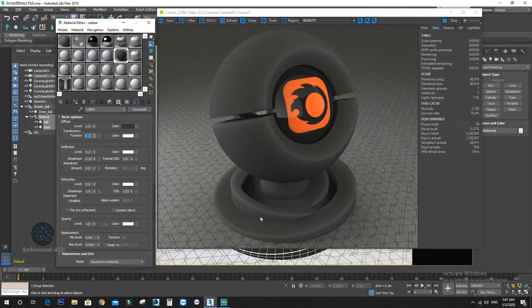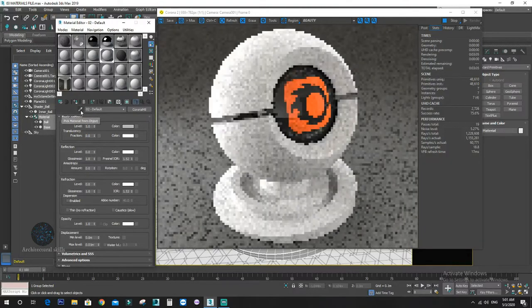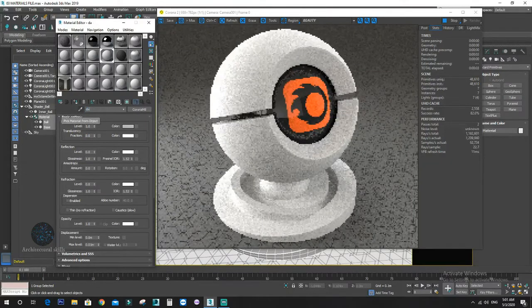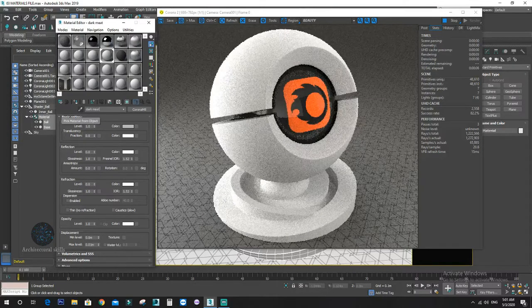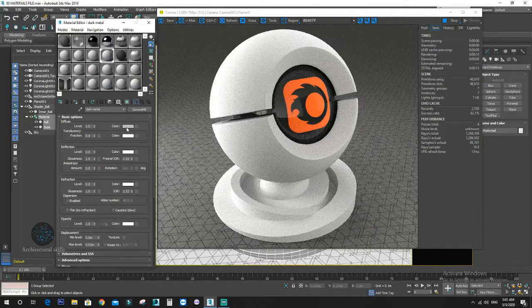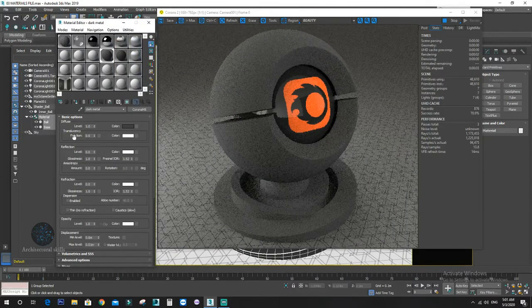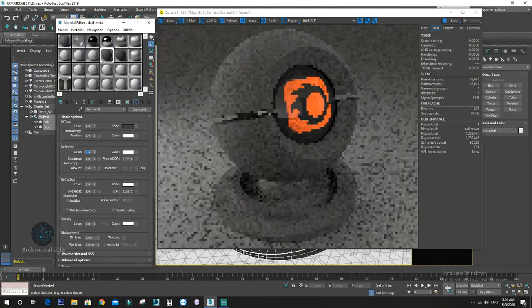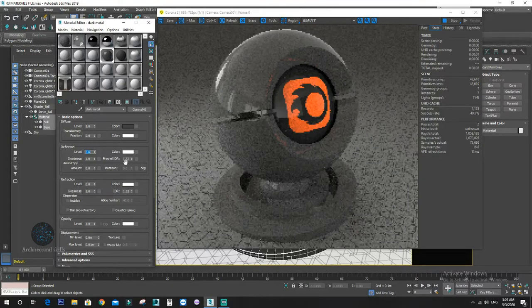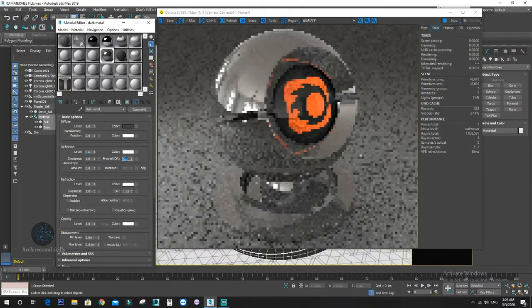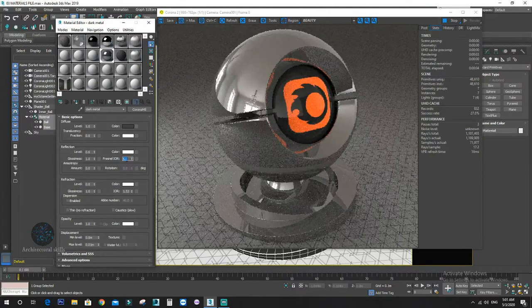Now we're gonna go to a new material. I will give it to my ball, and let's do dark metal because we use it a lot. In the dark metal I will give it a really dark gray again, but not black, and my reflection will be less than the chrome, 0.6. My IOR also 6 because I want it to be rustic. You will see in a minute. And I will do on my diffuse